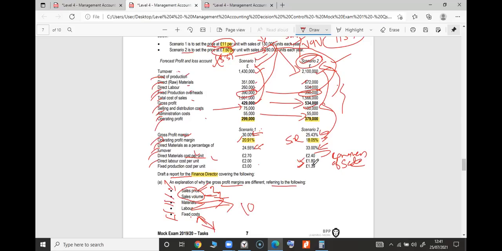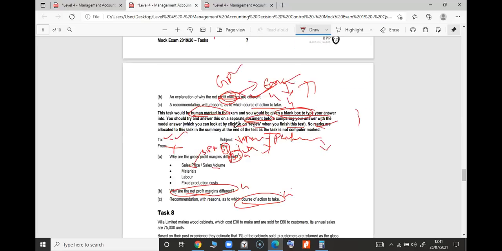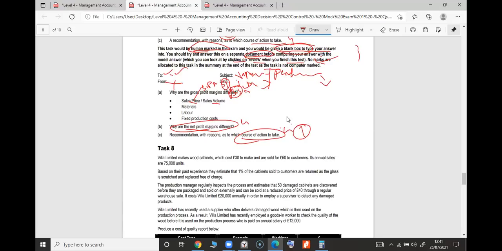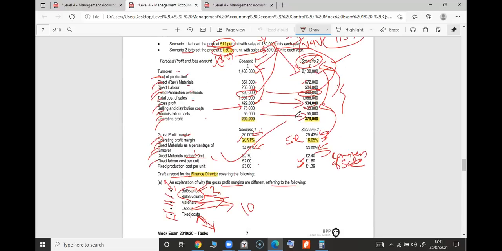If you are saying, look, number 1 sounds good, profits are higher, profit margin is higher, not just profit. Gross profit margin and net profit margin are higher, and that means you are cost effective. For that reason, scenario 1 is good, definitely. That is the right answer. You choose scenario 1 and you get 1 mark, and you explain why: gross profit margin and net profit margin are higher compared to scenario 2. That means by selling whatever items you're selling, your expenses are lower, your profits are higher. All these things.